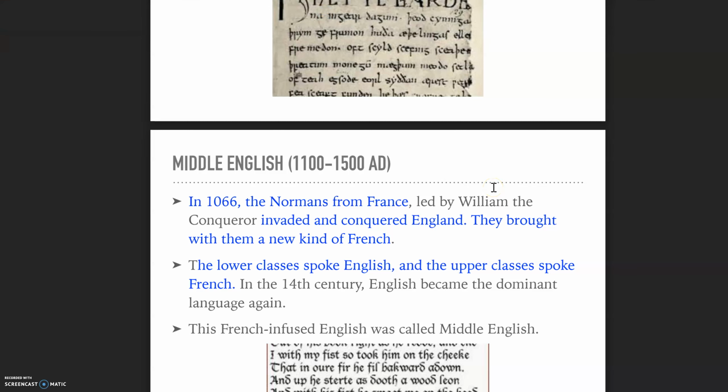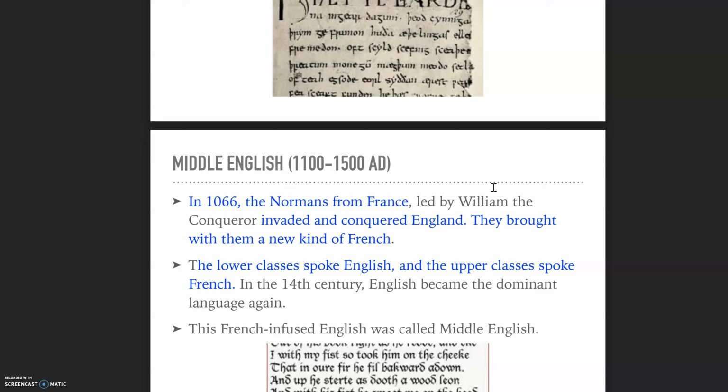Middle English was spoken from 1100 to around 1500 AD. The Normans from France, led by William the Conqueror, invaded and conquered England. Obviously, they're from France, so they're bringing French with them into English. When they conquered and took over England, the upper class began to speak that French language. But the lower classes spoke English. And the reason for that is that the lower classes didn't have access to education to learn the French like